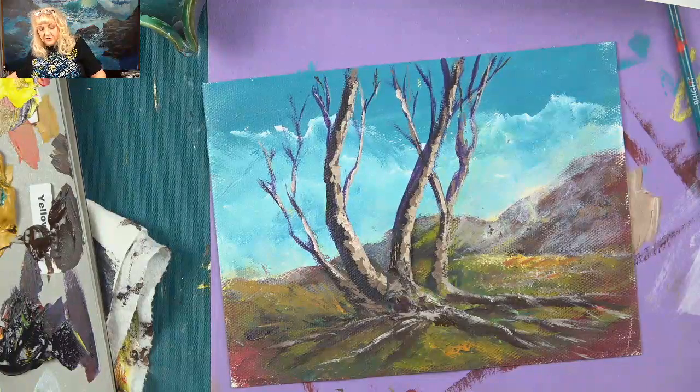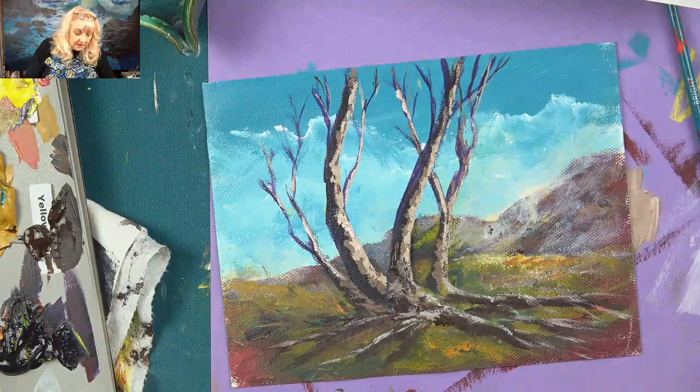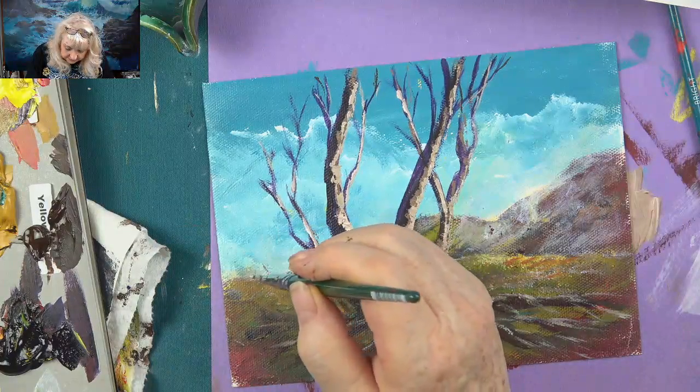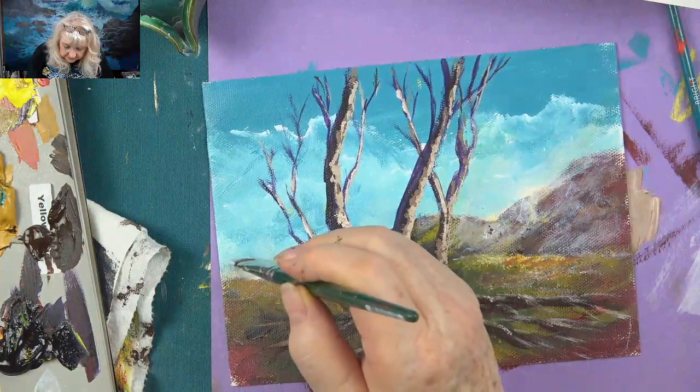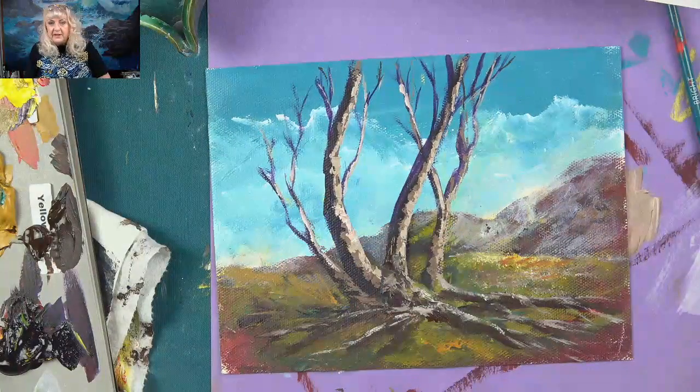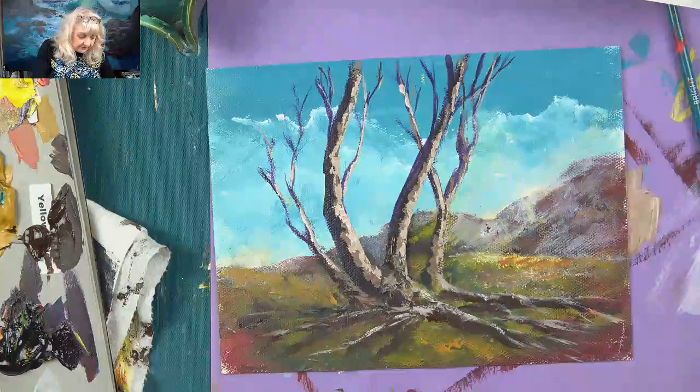Those are all things that are good to know. Here's some titanium white. Do you remember that? Like right down here at the base of this, I can just come up here like this, kind of define that, right? That little bit of,